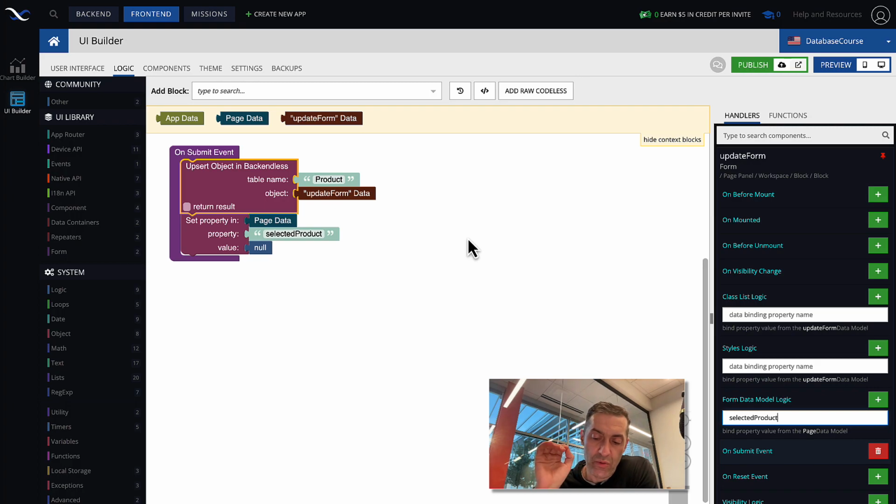So then you modify all the fields, and then this form data, which is the data model for the form, that's the actual object we're modifying, we use it right here as the object that is being sent to the server. And then simply just by using this block, we know that the object will be updated in the database. So it's a very straightforward way of working with the data that you have on the screen and then sending it back with any changes to the server.